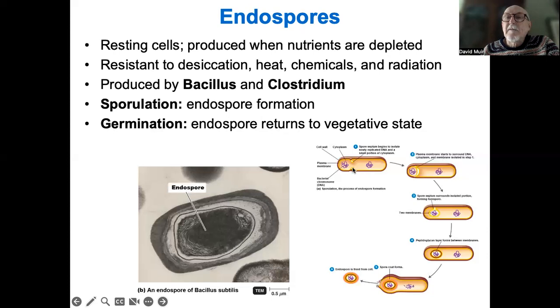In this instance, it's moved to the end, and a division begins to produce a very small cell. So this is the protospore, if you like, here, and this here is the mother cell. So we've got a large mother cell which is producing a very small cell at the end, and after division, there's cell